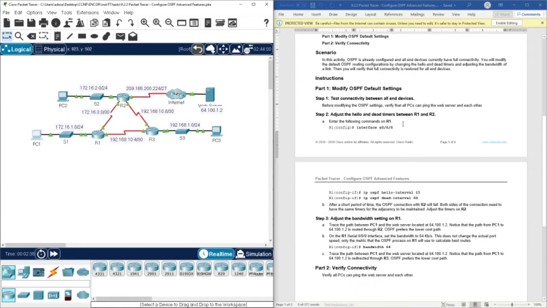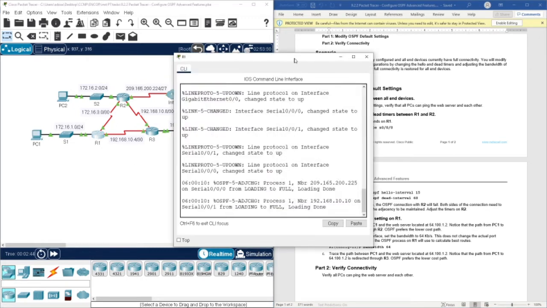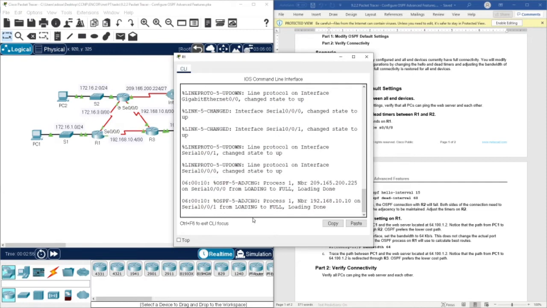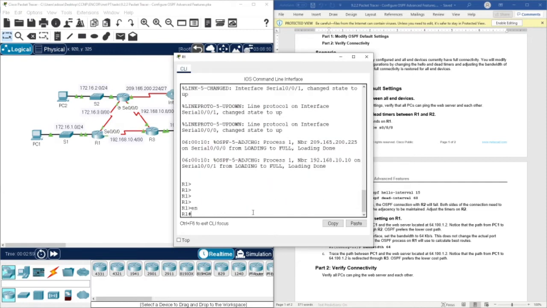So now we are going to adjust the hello and dead timers between R1 and R2. Okay, so in R1 we are going to the serial interface, so we are going to modify this link here. As you can see here, this is serial interface 0/0/0. So we are going to modify it in this interface. The dead time and hello interval should always be configured on the interface itself. So in interface 0/0/0,